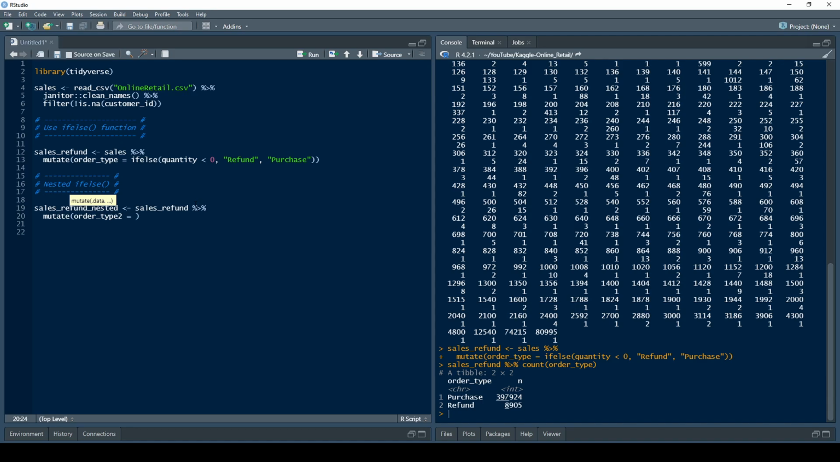And so this is going to be a nested if-else statement. And all we do with that is it acts pretty much like normal. So this time, again, we want to evaluate a quantity of less than, I'm going to say, negative 1,000. So they returned 1,000 items in their order. We're going to call that a big refund. So if they did have a quantity less than negative 1,000, then we're going to say that this is a